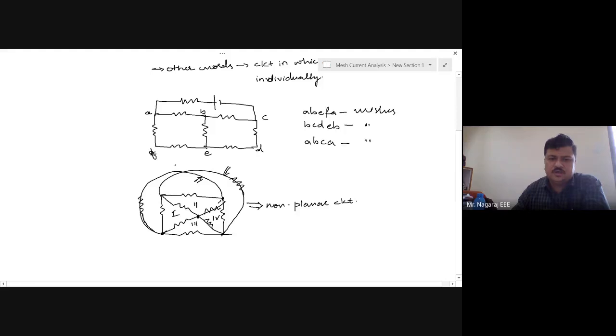Okay, so it is difficult to apply the mesh current analysis, because this will not form a mesh here. There is one node to which the branch which is crossing this branch is connected. I can't apply mesh analysis to this other loop because there is this node connected with a branch which is crossing this branch. So in this kind of circuits, I cannot apply mesh current analysis. Whereas this is a planar circuit. Okay.